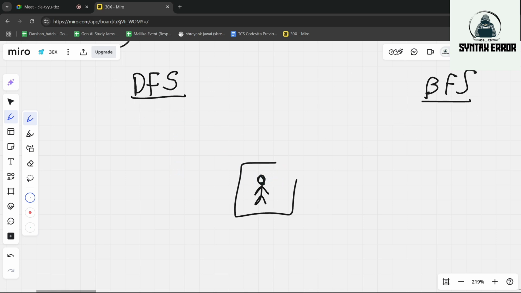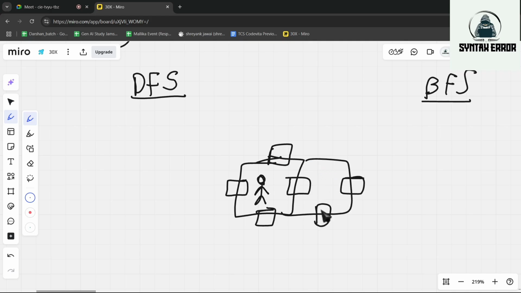So suppose you are standing in a room, and here you are having 4 doors. So this is one more room. Here you are having one more room.